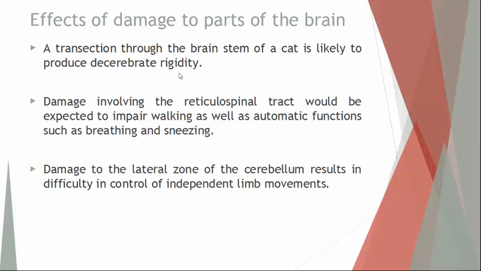So if there is damage to the brainstem, especially all the way through, like as explained here, a transection, there are some very distinct features. The arms and legs become very rigid, very tense. The neck becomes very overextended. The jaw becomes very clenched. The feet turn inwards. Wrists will rotate inwards, where your fingers are pointing out laterally. You look very rigid due to the loss of connection between the brainstem and the rest of the brain. Those are very distinct features of this condition.